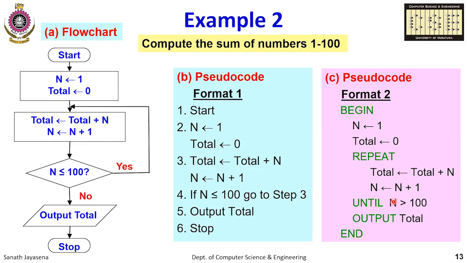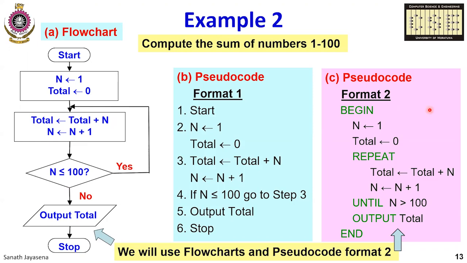We repeat this until n is greater than 100. That's what it says. So as long as n is less than or equal to 100, you keep going around. Once it goes beyond 100, you come out and output the total. All right, so that's example 2, and we will use flowcharts and this kind of pseudocode format in our work